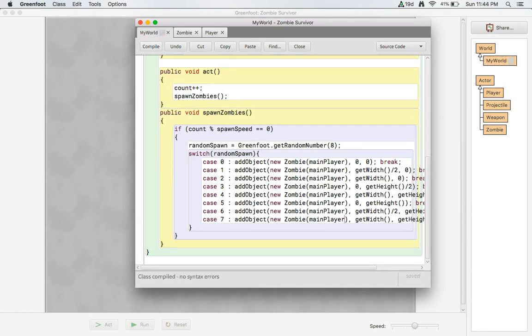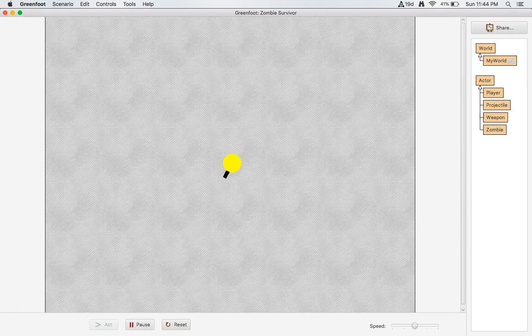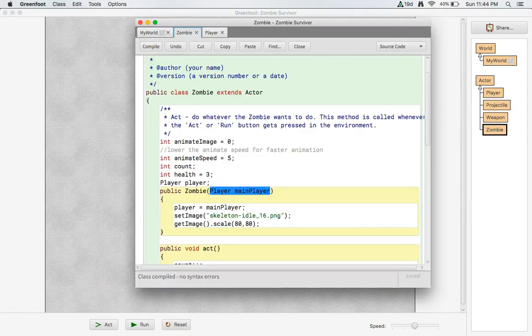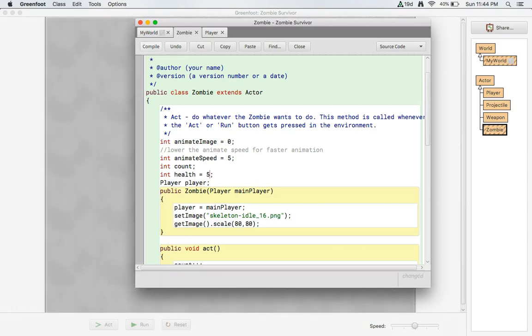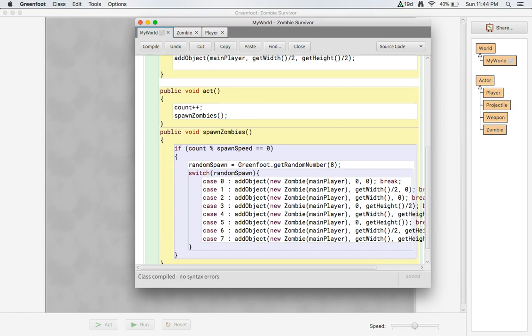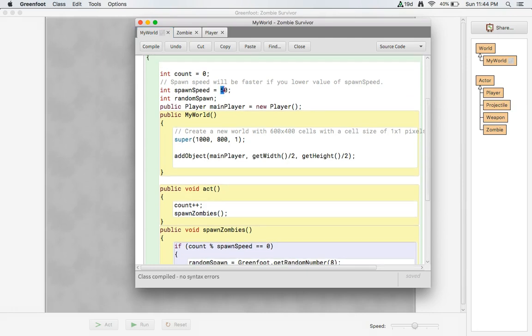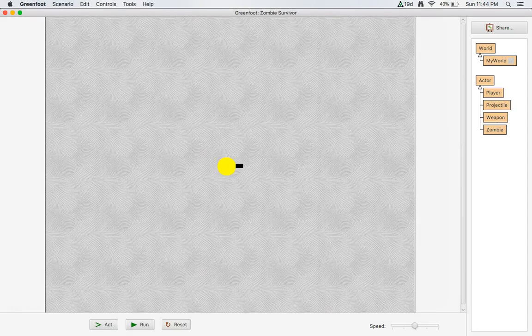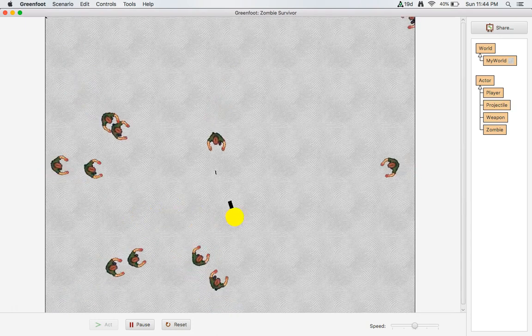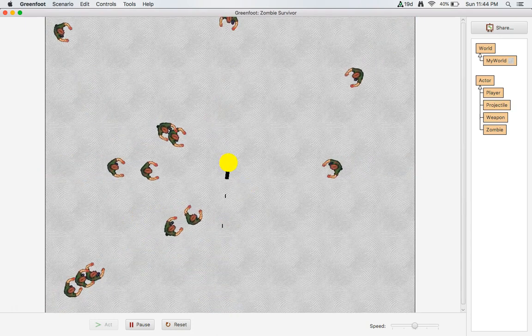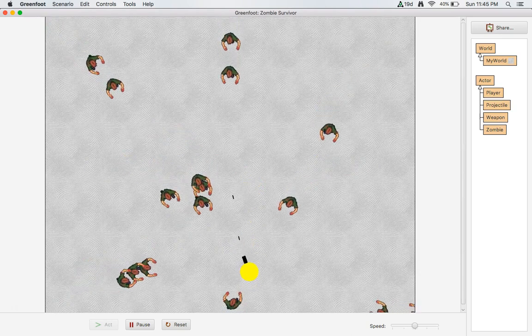Okay. Now, ooh, they're hunting me down. So I want our zombies to have a little bit more health, so I'm going to switch it to 5. I'm also going to have them spawn in just a tad bit faster. We can use our spawn speed to make them enter the world a little bit faster, really make it tough on us. And you see how the projectiles look a lot better now,